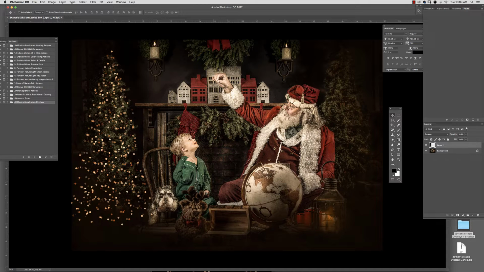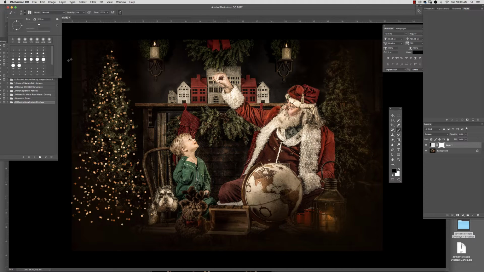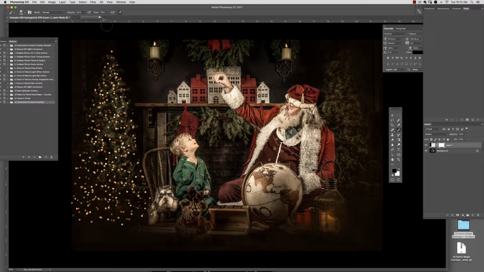And now if you want to, let's say, delete a few of these Christmas lights, we're going to create a mask. So we're going to go down to this, and we're going to push that, and now we see this big white thing here. We're going to make sure that we have black selected, and we are going to paint out. Let me just select a better brush here. We're going to go ahead and just paint out using black into this mask. Whoops, I need to up my opacity here. I'll put it at 100%. And we're going to just get rid of any of these lights that are overlapping our image